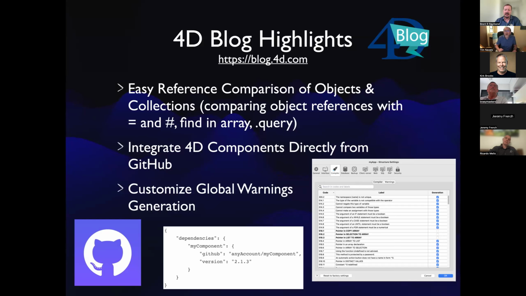Well, now 4D will show you a whole list of the compiler warnings that you can enable and disable. Now, this is super useful, if not just for the fact that, if you've been using this application for a long time, these are standard libraries, that it works. I don't want to know about all the pointer issues or other things that are warned in the past.